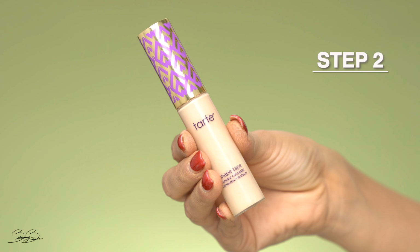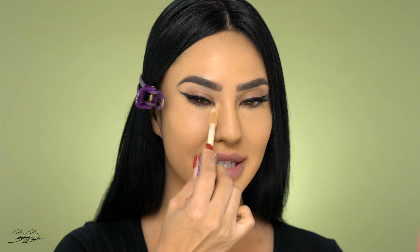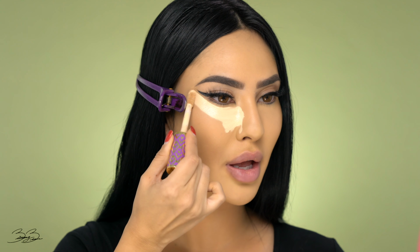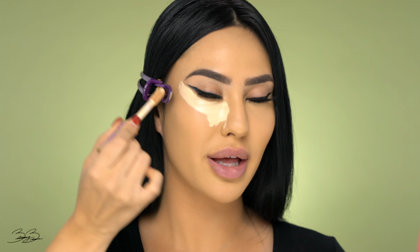Okay, so the next step to a nice cream contour is going to be to highlight our under eyes and all the areas we want to bring light to. So picking up my Tarte Shape Tape in the shade Light Sand, I'm going to be applying this to the places that I want to pull forward on my face. So starting off guys, I'm going to be applying this underneath my eye and pulling it upward, as you can see, to the end of where my brow,